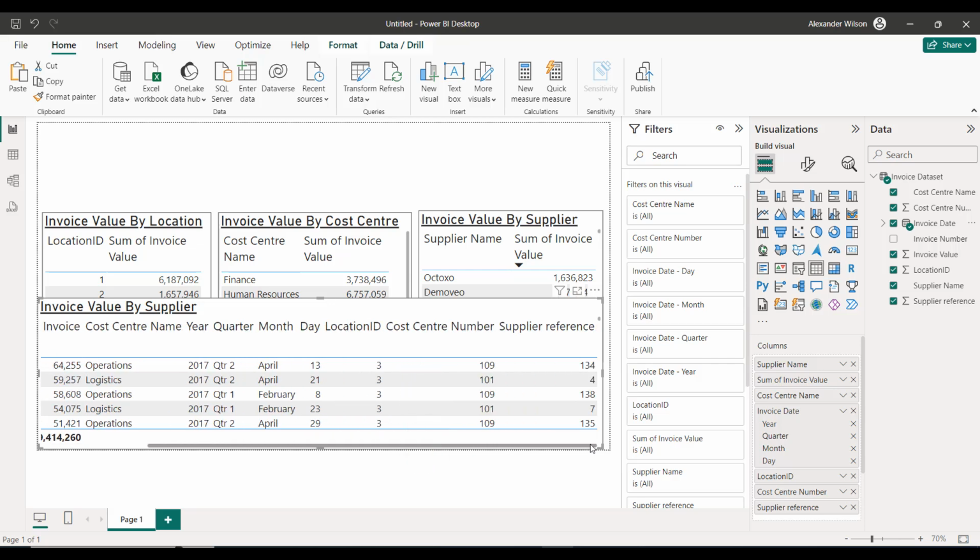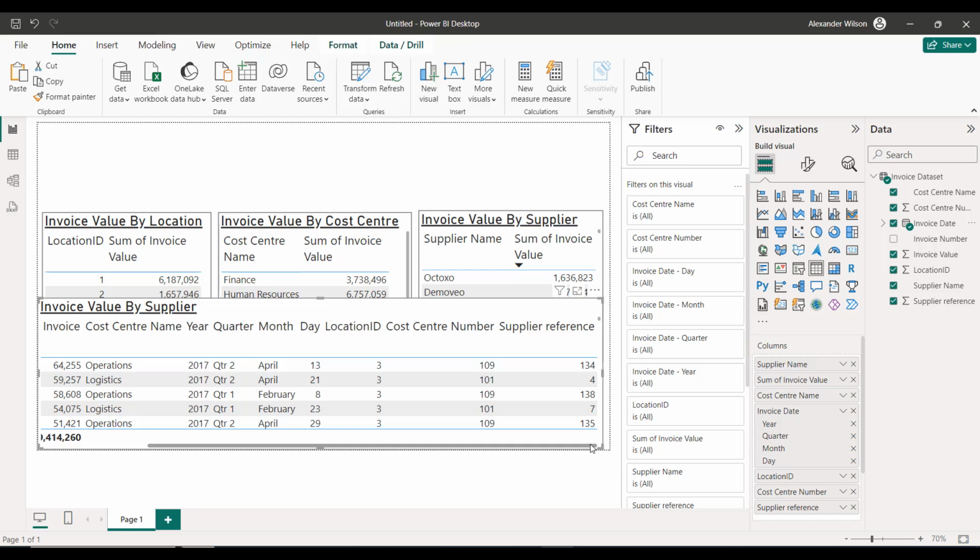Now we're talking. We've lost the implicit measure summing the invoice date number, but instead we've got some dates of sorts in here. It does look a bit odd though, and that's because Power BI automatically brings in the individual parts that a date is made of. We can see here then a day column, a month column, quarter, and year. And this is our first sight of Power BI using hierarchies, where a field of information can be divided into subcategories of higher and higher detail or granularities. Definitely don't worry about that at the moment.